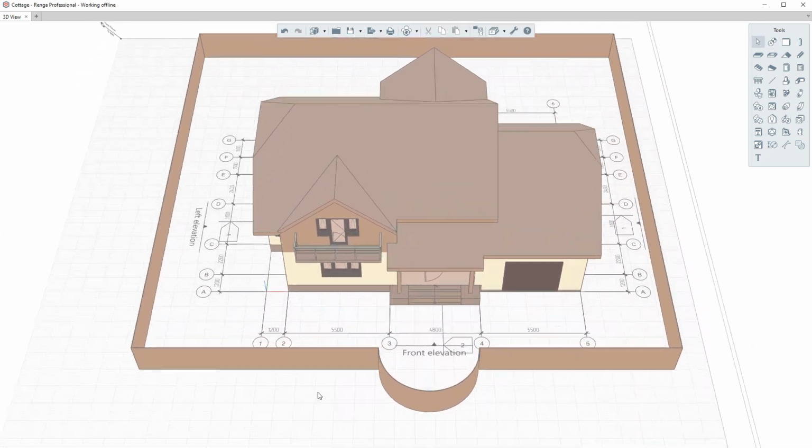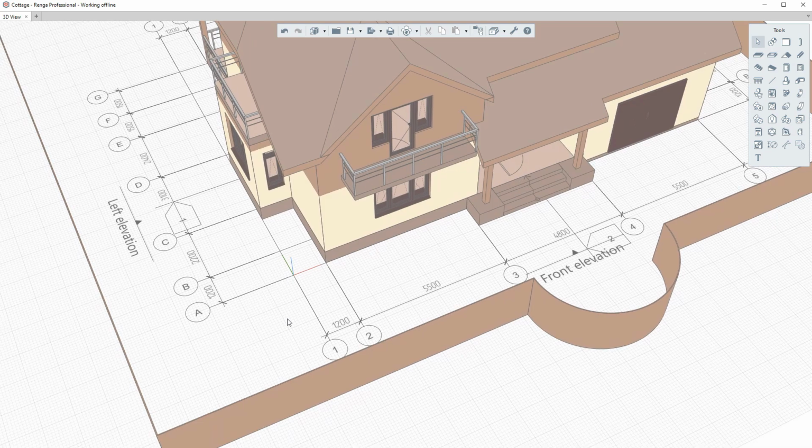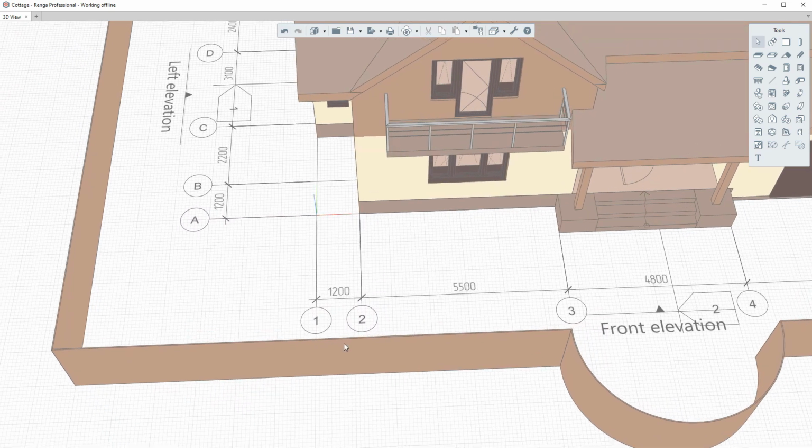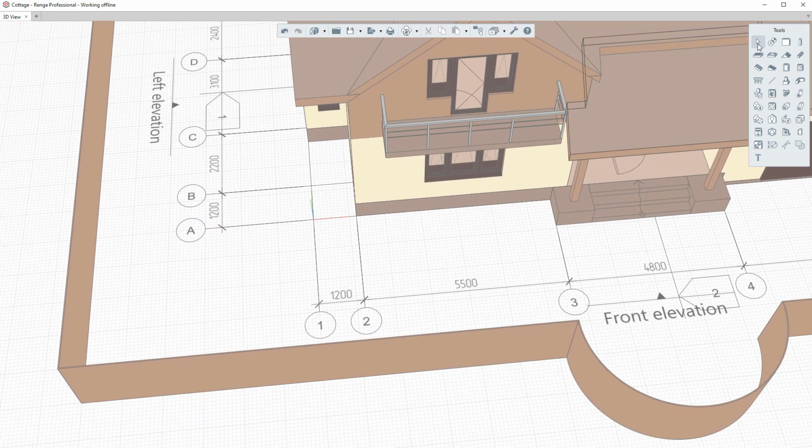There are several ways to select objects in Renga. To select one object, at first, click the Select tool on the Tools panel, and then fix the object by left-clicking the mouse. To select a few objects, select the Select tool, and select the objects one by one holding the Control button. To select objects that are on the view of the work plane, select the Select tool. Then, holding down the left mouse button, select a few objects.